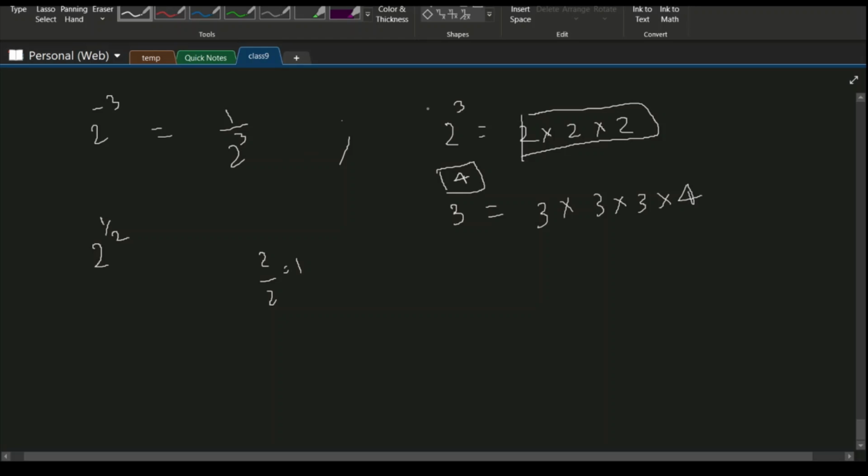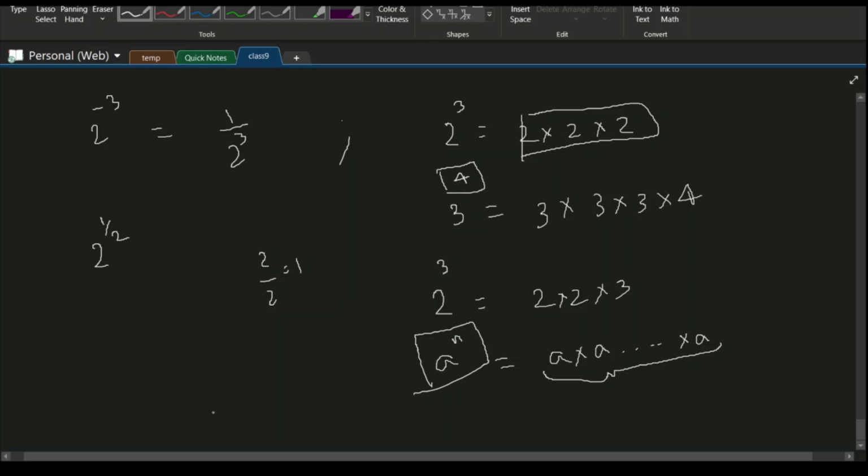Right? Because we looked at the definition of 2 to the power 3. So if it's a whole number, 2 to the power 3, we define it as multiply 2 with itself 3 times. That was the definition, right? A to the power n, if n is a positive integer, then we said multiply a with itself how many times? N times, when n is a positive integer. So that's how we defined this.